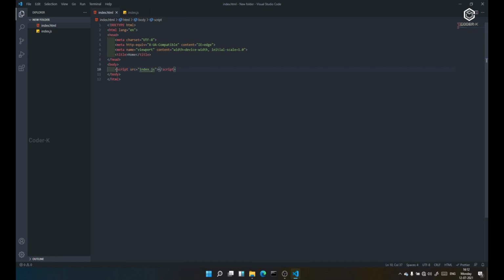You can provide your script in either the body tag or the header tag. I like to give all my scripts in the body tag, guys. If you are comfortable with the header tag, you can provide it in the header tag also, but I like to provide my script in the body tag.